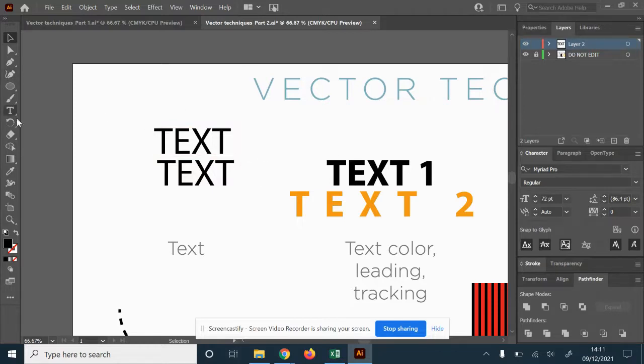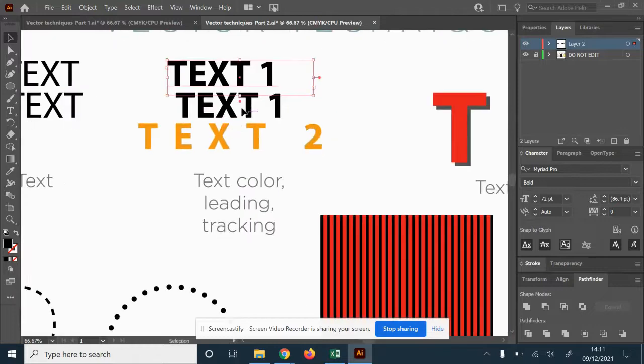Let's do it again. Now, text 1. This looks bold to me. So let's make it bold. Hey, that's easy. All right. Now the trick here is, look, if we want to have this, so, all right. So if you want to do it,